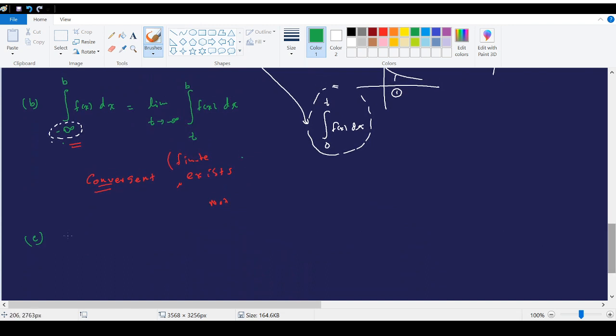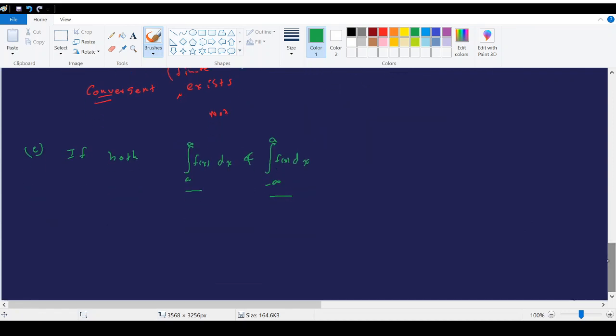Now if both the integrals to infinity and from negative infinity exist finitely, in other words, if both these integrals converge, or if they are convergent, then we define